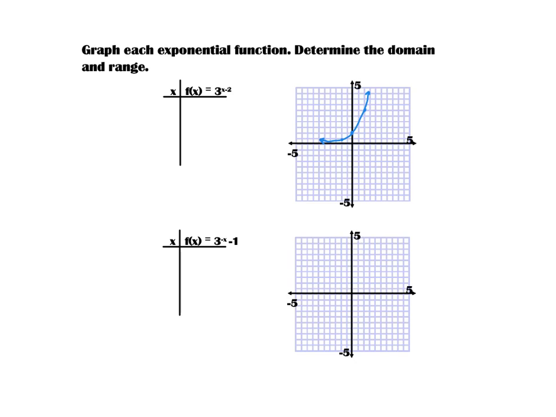Okay, the graph looked like this, and there were the points (-1, 1/3), (0, 1), and (1, 3). If I perform a transformation on 3 to the x, in this case, this would be a horizontal shift to the right 2 units. So I'm going to take this point here and move it to the right 2 units, this point here to the right 2 units, and this point here to the right 2 units. And this would be a graph, oops, slightly missed. This would be a graph of f of x equals 3 to the